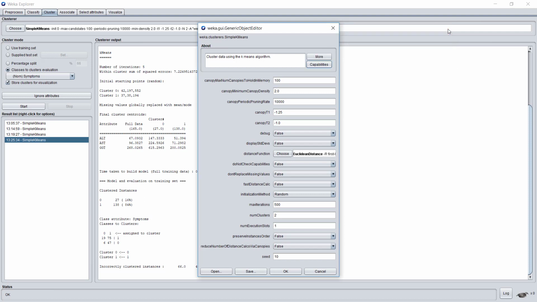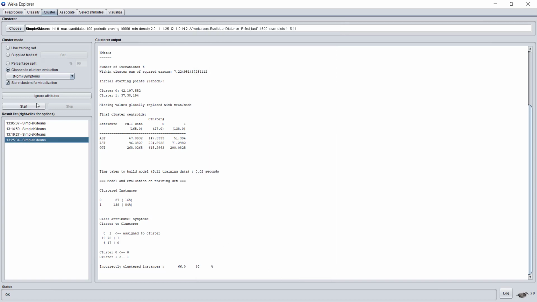One of the most important fields is the number of clusters, the K of k-means. In this case, 2 is okay, this is also the default, but what we will want to do now is to change the seed. As you can see, it is the random number seed to be used. We know that k-means picks the initial centroids by random. When the seed is 10, this is the default, it means that we have a certain set of random numbers, and if we change the seed, and we can change it to anything, let's say 11, it means that we will use a different set of random numbers. We will click OK and rerun k-means.